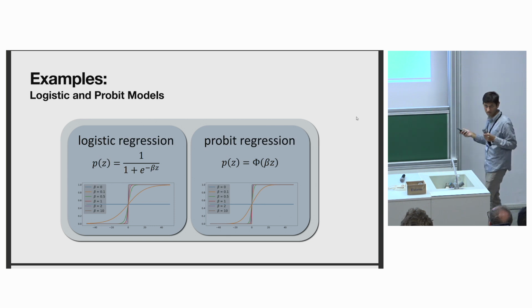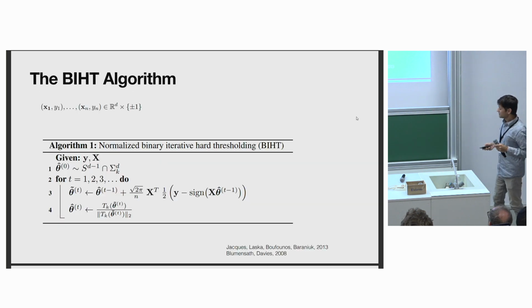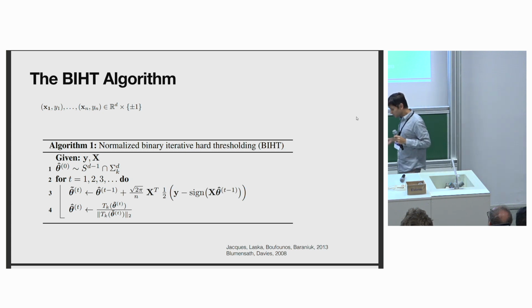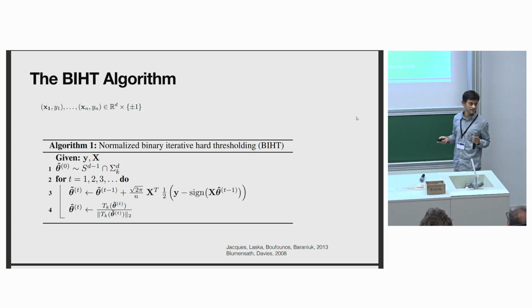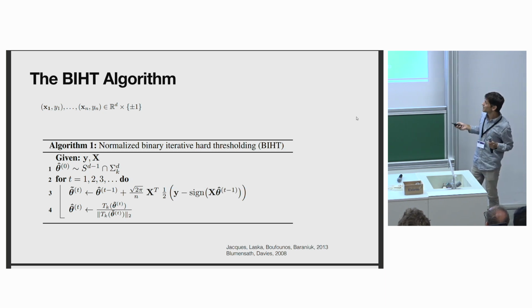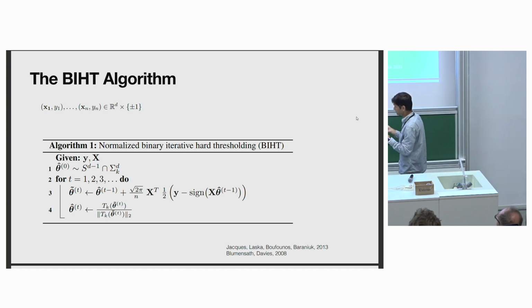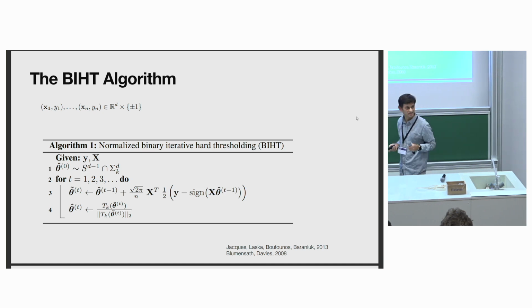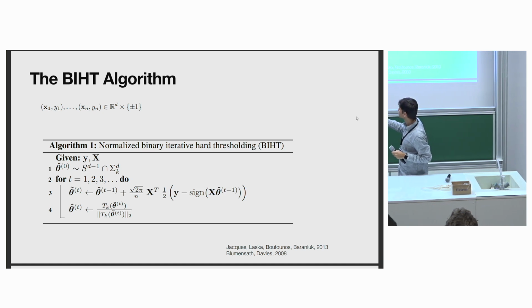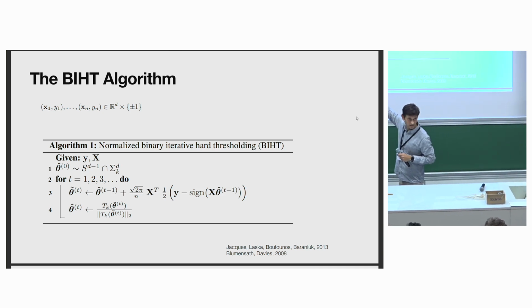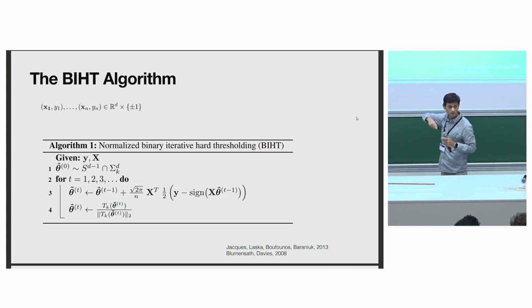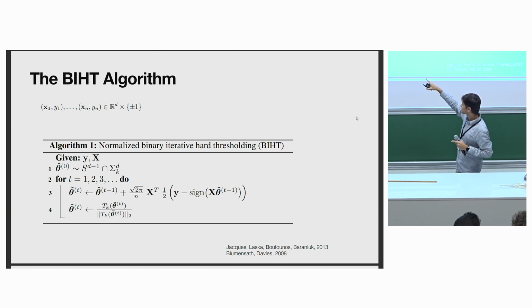And I'm doing parameter recovery under this model. The algorithm that we are going to use is called binary iterative hard thresholding, or BIHT. So what it does is something interesting, and that's going to be the main body of the talk. It's basically a gradient descent type algorithm that starts with an arbitrary theta hat 0, and then goes for a number of steps. In each step, it updates the theta vector by adding this quantity, which is the gradient of something. We'll see what this thing is the gradient of.